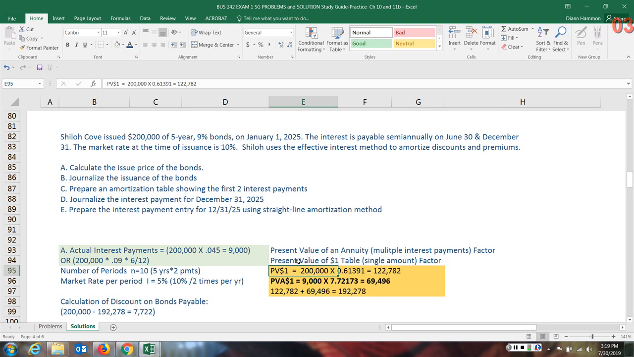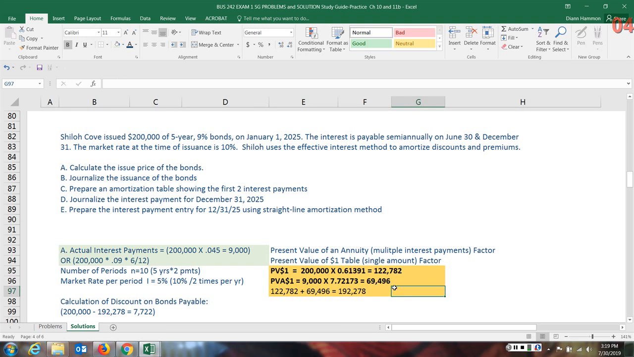Now we need to go to our present value of a single value, present value of 1 or present value of $1 table. So go look at this table. The same N and the same I. N is your number of periods. It is 10. Market rate per period is your interest rate. So interest, or I, is 5%. When you go to that table, you should find this factor of 0.61391. Multiply that times the $200,000. The $200,000 is the amount of the bond that is going to have to be paid back at the end of this 5 years. So when you multiply across, you get a total of